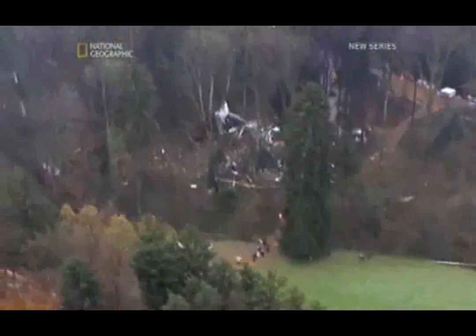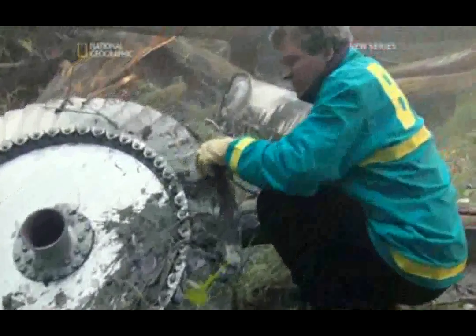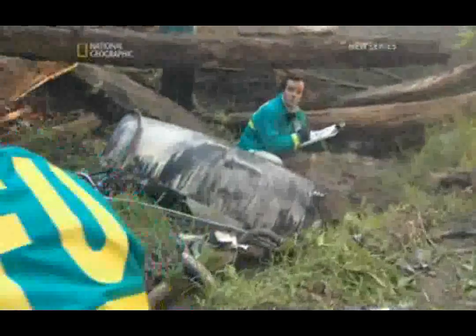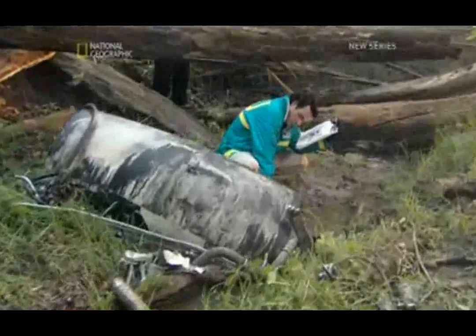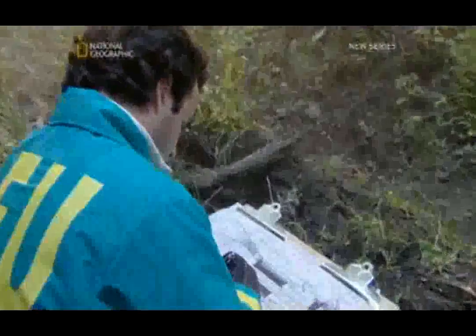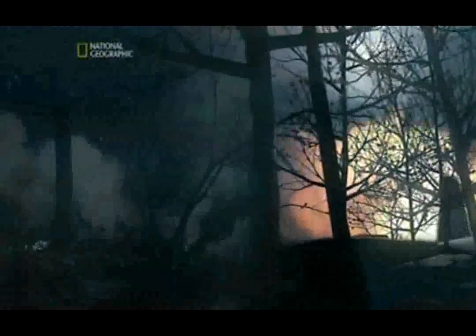While this review is being launched, investigators study the plane's engines to determine if they were running at the time of the crash. Soil, tree branches, and other debris lodged inside the engines suggest they were. We checked them out visually, and we saw that the 4 engines were turning at the moment of the accident. Authorities need to be sure. They will have to check their findings against data from the flight recorders. In the meantime, the location of